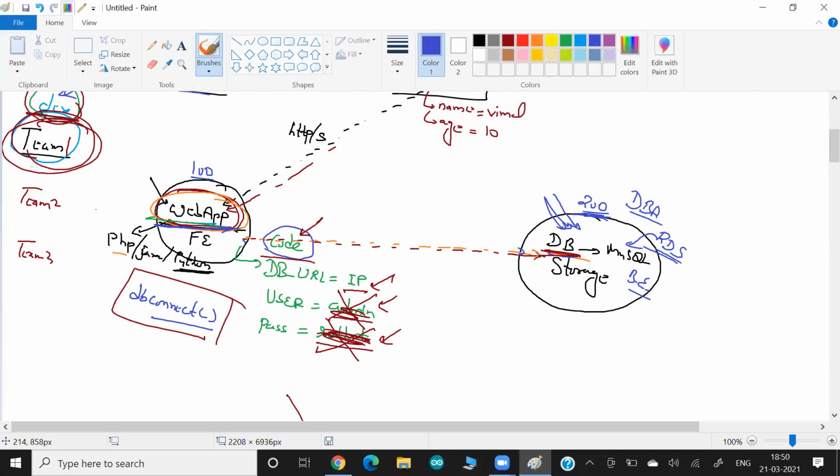Or maybe you're working in a team, in a collaboration, right? One guy knows the password, and I don't want the other guy to know the password, but if you're working in a sharing kind of environment, the other team can also see the password. So there are a lot of points here I want to emphasize. The main point is I don't want to keep my sensitive information in my code. And without this information, my code won't work. My code needs the IP, username and password, but rather than putting my information directly here, which is called hard coded,